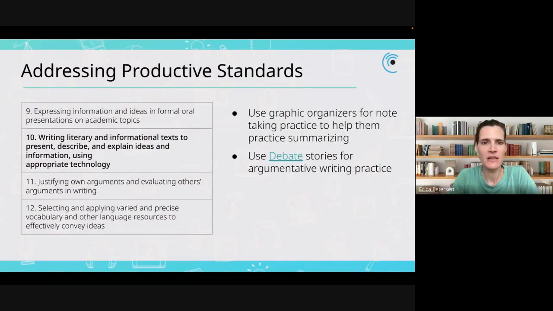And then last but not least, our productive standards. So more writing focused with these. So this is where we highlight number 10. So writing literary informational texts to present, describe, explain ideas. And I know under that is also summarizing. So Listenwise can be helpful with that. As I mentioned, we have graphic organizers, so some note taking, and then helping them summarize that content of what